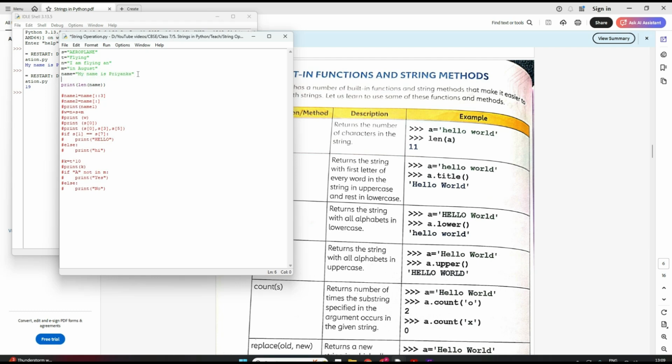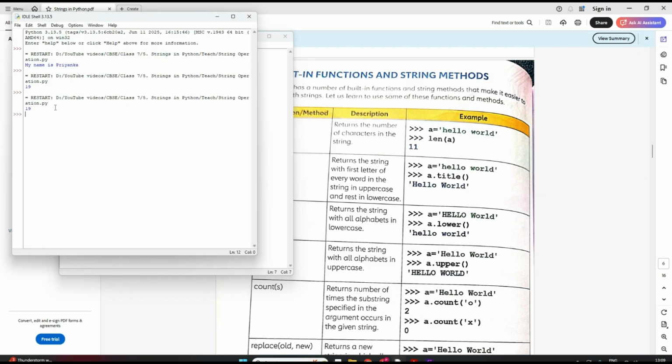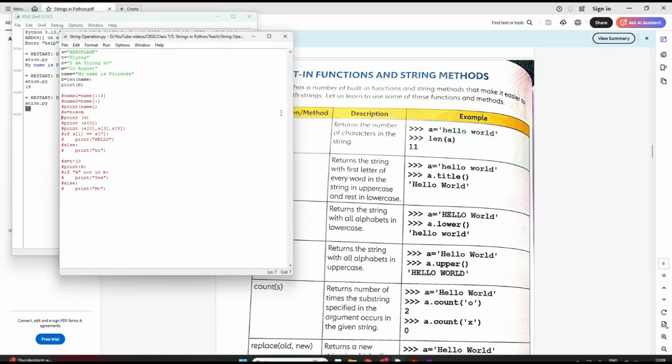Or maybe I can store the length in a variable, like b is equal to len of name, and then I can print b and see how it works. Save, run. See, it gave me 90. Clear?